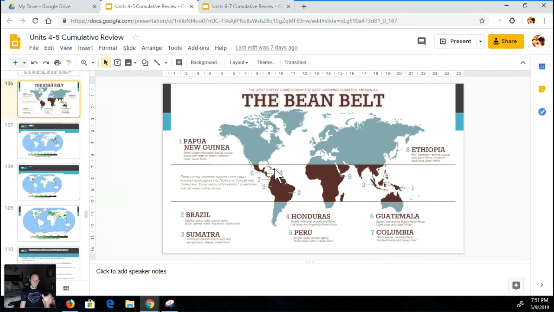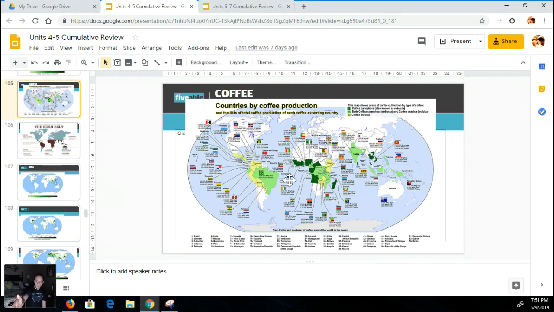So we have to get these coffee beans, or if you're looking at cocoa or whatever it might be, it doesn't matter, they're all going to come basically from the tropical region. So there's coffee production by country. You can see that mainly places in the tropics are going to be producing coffee. So that said, the commodity chain is the process by which a product goes from one place to another. And I think that coffee and cocoa do a really good job of illustrating what a commodity chain is. So let's say you've got coffee coming from Brazil.